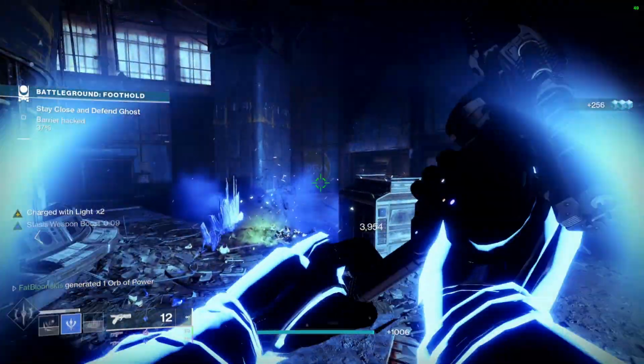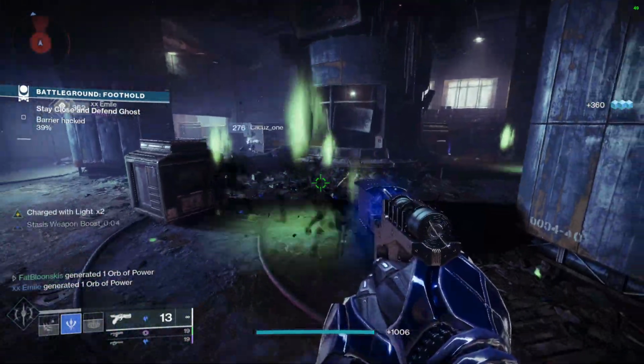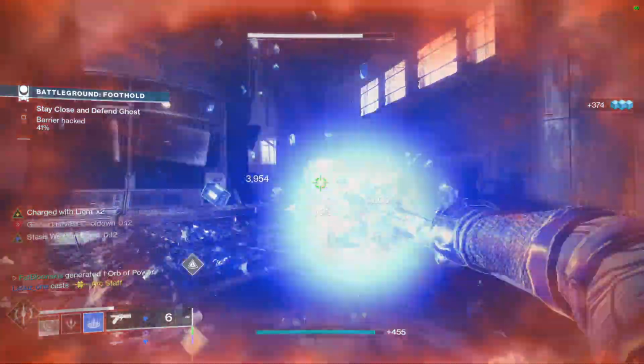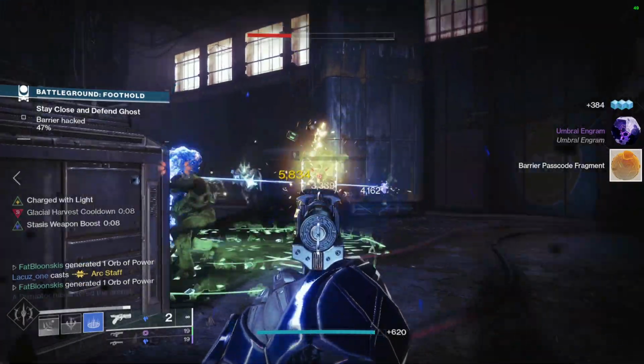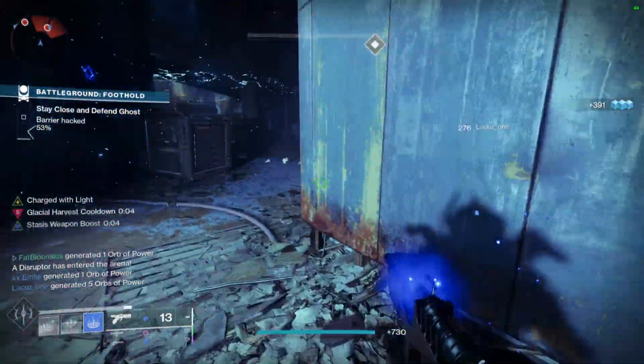So as for my stats, now let's get on with it. I do have 100 recovery, obviously I just said that. And then we also have 100 discipline. Now I don't have anything really working towards getting my grenade back besides grenade kickstart. I have a lot of things working towards getting my melee back. My strength is at 44, so I'm not really too worried about that. And then we have 28 intellect, but